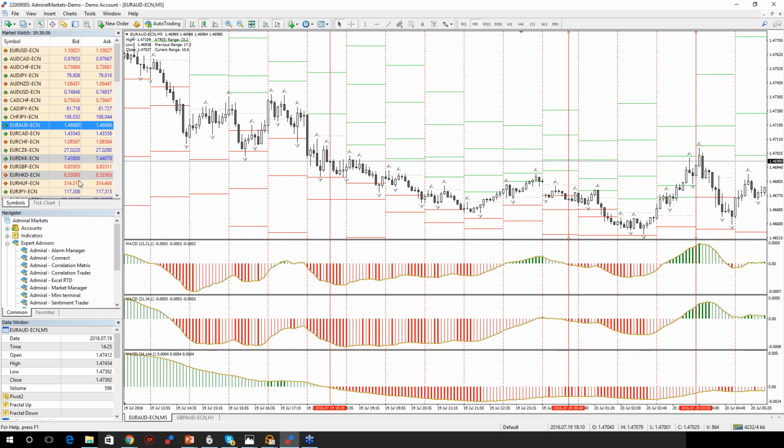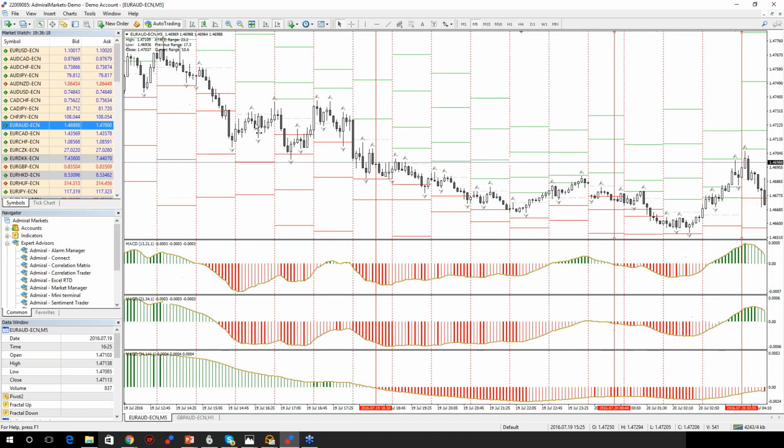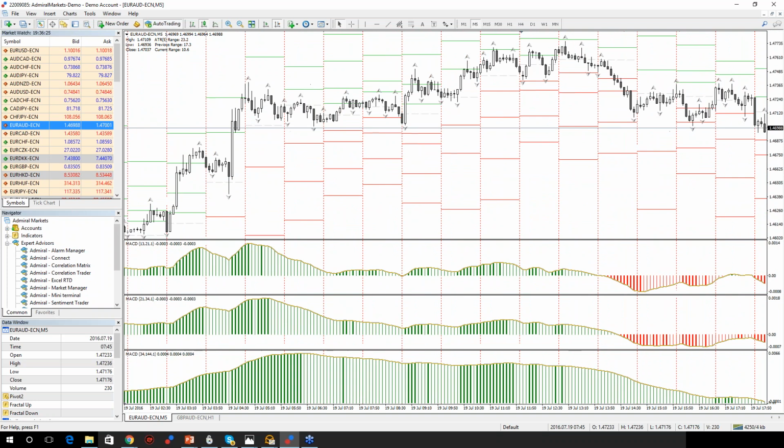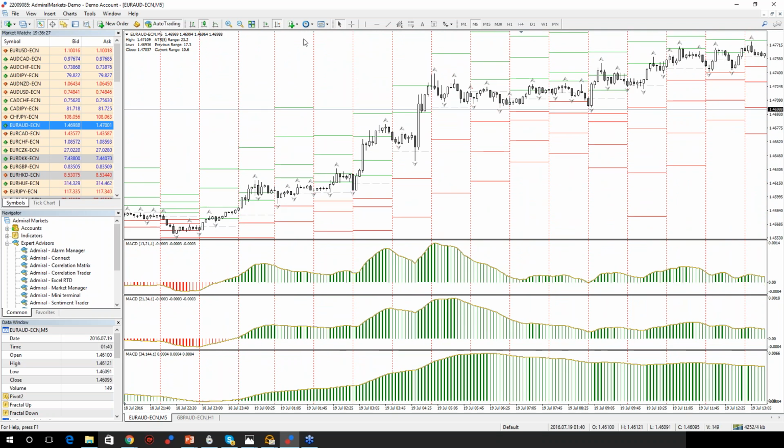A trader is asking me, after price breaks previous fractal, do you wait for the candle to close? No. As soon as the fractal is broken, I enter a trade. As soon as it is broken, guys, I enter a trade immediately. I don't wait for anything. Simply hit and run. Okay,